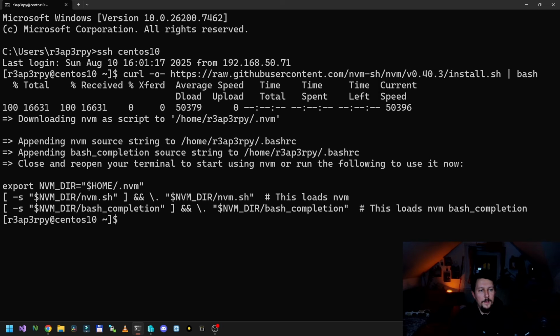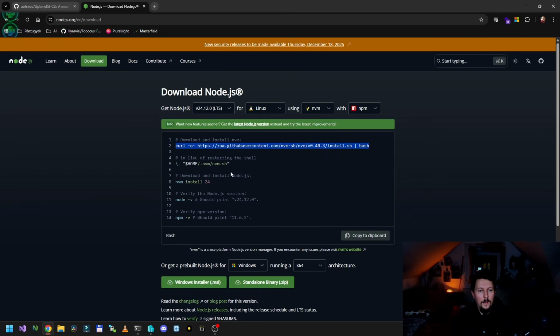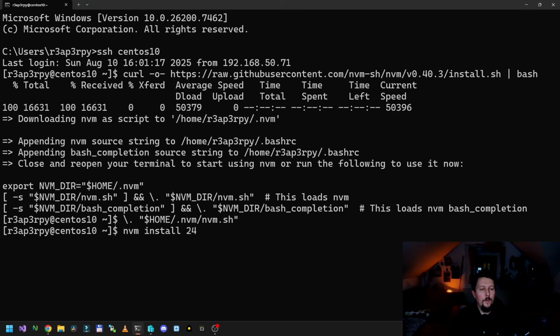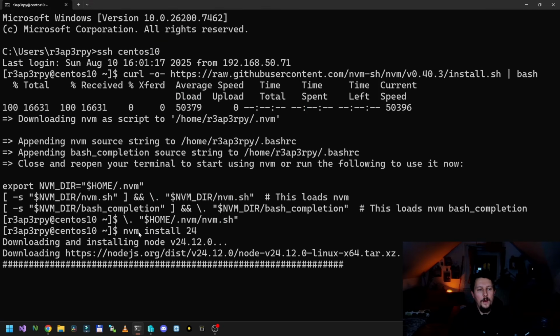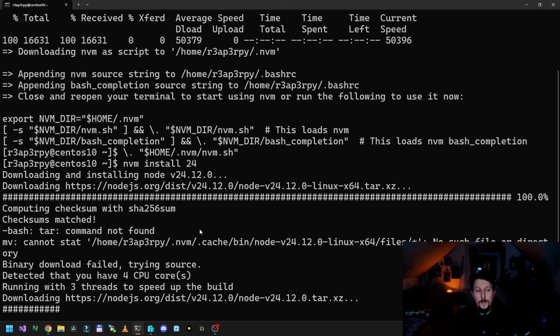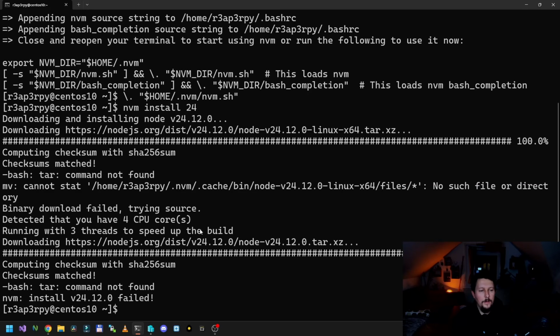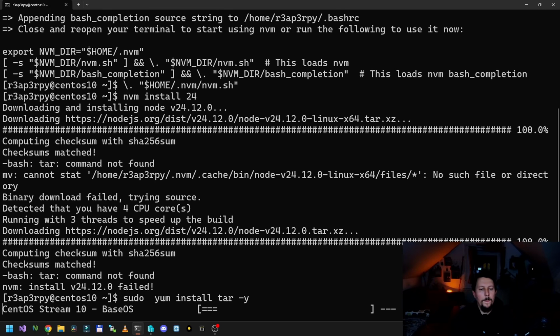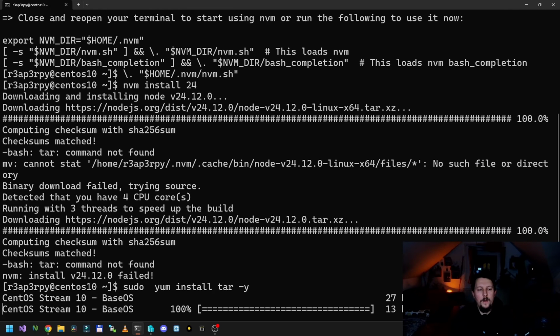This is basically the Node version manager, and I'm going to need Node 24. And I think it's going to fail because there is no tar, so sudo yum install tar. And once tar was installed,